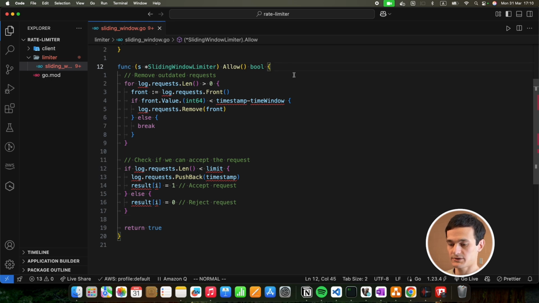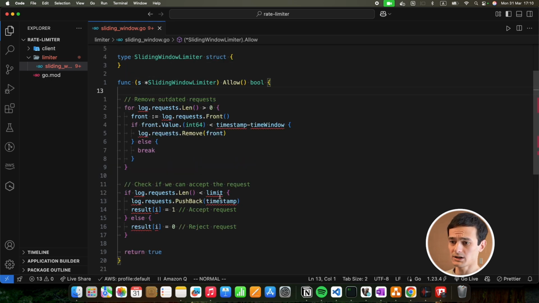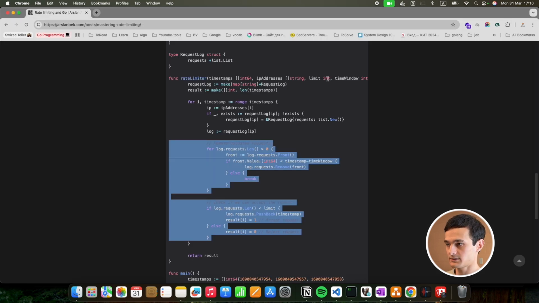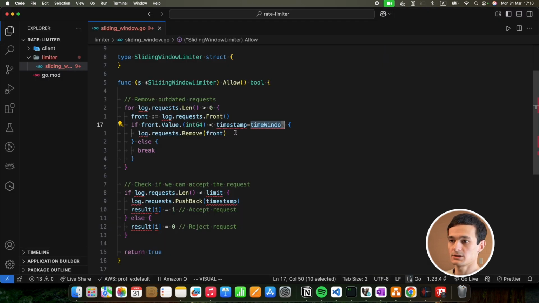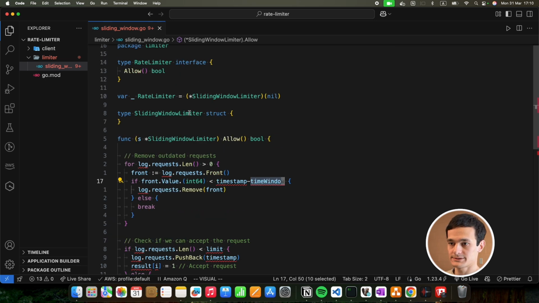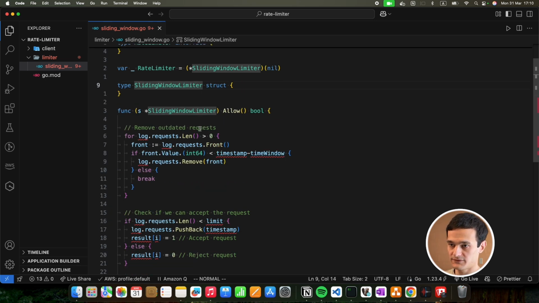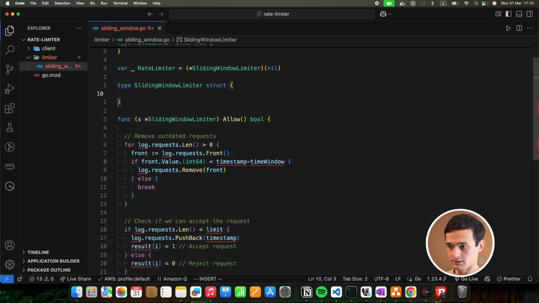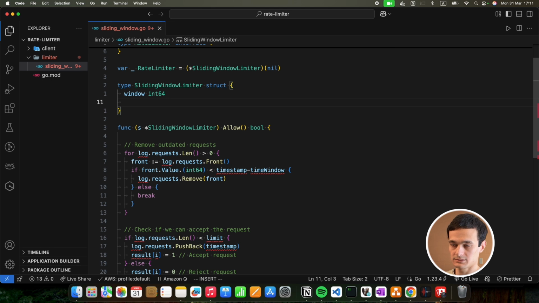So first things first, what are the things that are constant here? Limit and time window, because they are given as info here. So we will just create fields inside the sliding window struct. I'll call it window, which is going to be an integer, let it be larger, and the limit is going to be